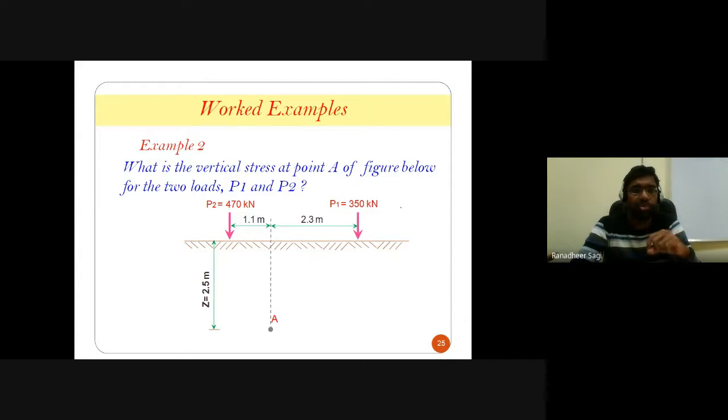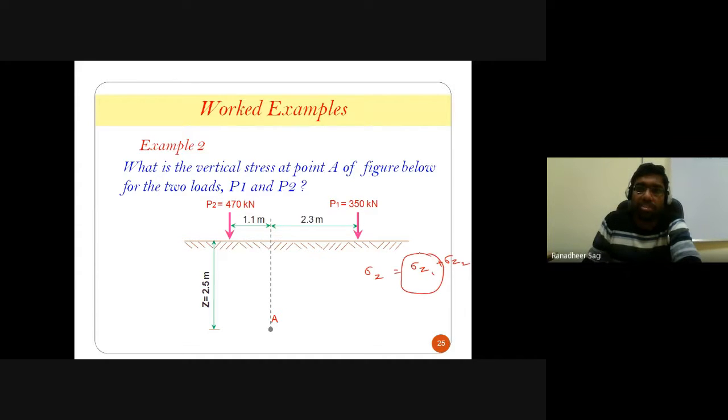Okay, so that point A is chosen at a depth of 2.5 meters below the ground, and you can accordingly calculate how much is going to be your increment in stress. But you should understand that the total stress getting developed because of your 2 point loads at that depth of z equal to 2.5 meters is nothing but, I'll write it as, sigma z1 plus sigma z2,